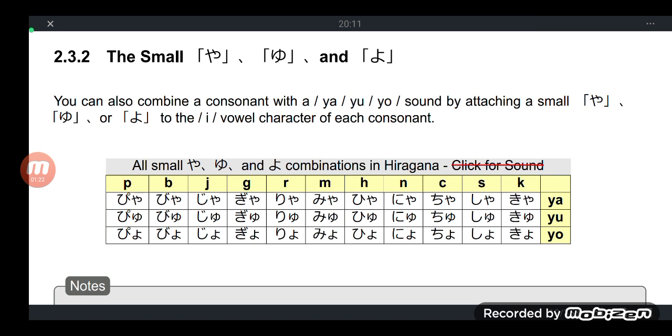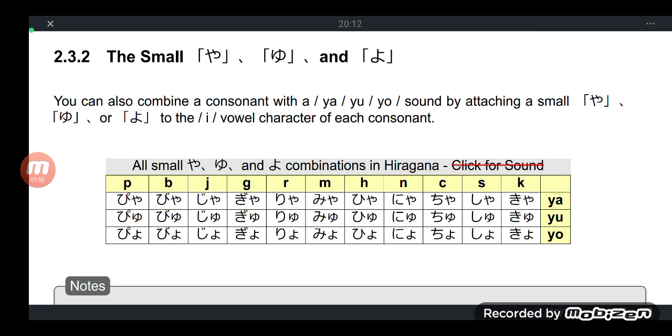Just like in our examples here, you may screenshot the table. As I have said, you can combine them with consonant hiragana and consonant katakana. Combine these small ya, yu, and yo. In other lectures, they call these the dynamics. So let's say, for example, the